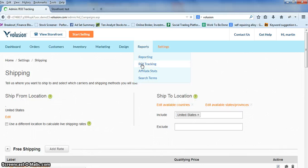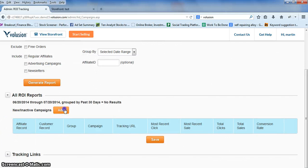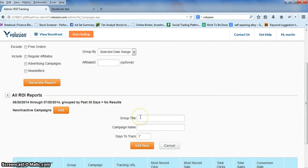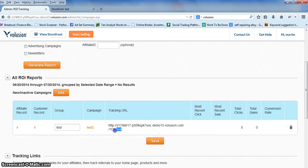Here's ROI tracking. It's one of my favorite reports because, well, let's try this. Group title test and group name test 2. Add new, days to track is 7. And once you come in here, it gives you this little thing, click 4. And what this one does, once you have a URL, so this is your URL. It's very long right now because of the free store, but ultimately it will be yourwebstore.com/?click=4. And every single time you copy this, for example, for your AdWords campaign per each keyword or however you want to do it,